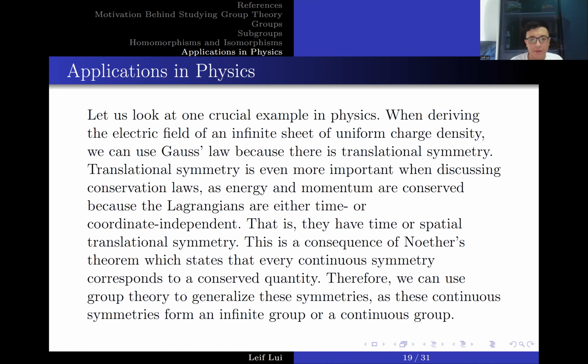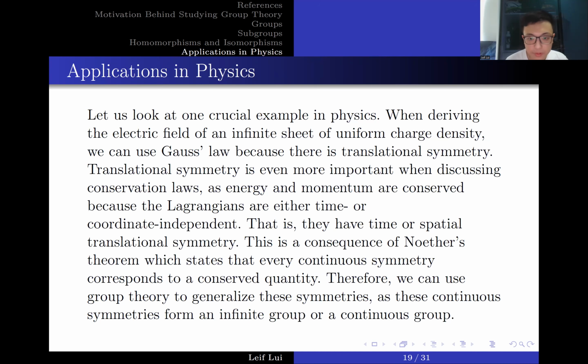But when deriving the electric field of an infinite sheet of uniform charge density, we use Gauss's law because there's translational symmetry. But translational symmetry is even more fundamental when discussing conservation laws, such as energy and momentum conservation. Basically, energy and momentum are conserved when the Lagrangian is either time or coordinate independent. That is, when they have this kind of independence, they have time and spatial translation symmetry. And this is a consequence of Noether's theorem, which states that every continuous symmetry corresponds to